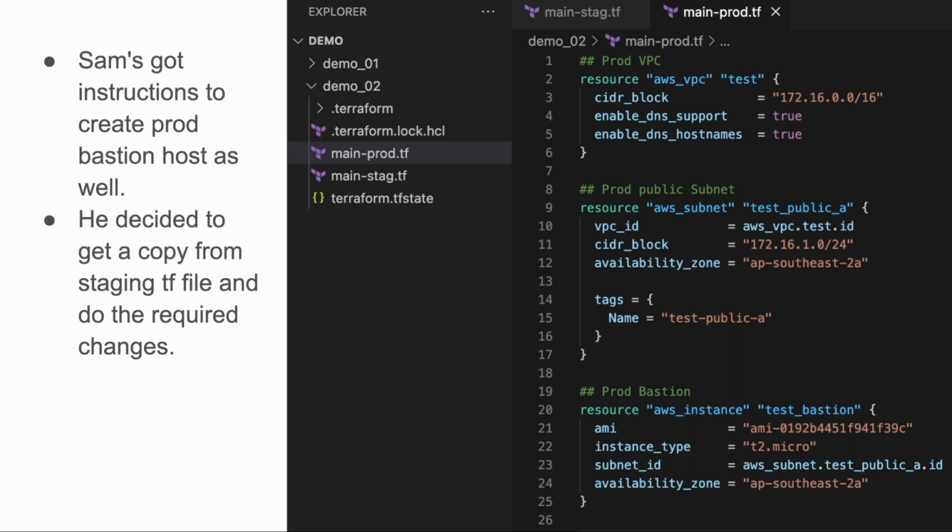So when he was working on his initial trial, he got some instruction from his team that we need to have a production Bastion host as well. In the working environment, that's how things work. When you are doing trials, suddenly you get some requirement changes and you need to move on with that. So he decided that since he already created and tested the staging infrastructure, and it went well, and he created the VPC, public subnet, and the Bastion host,